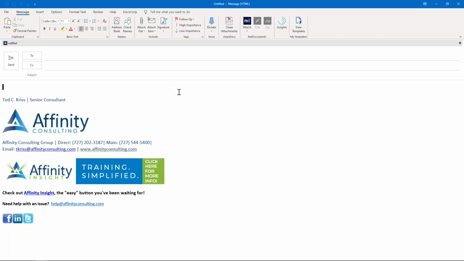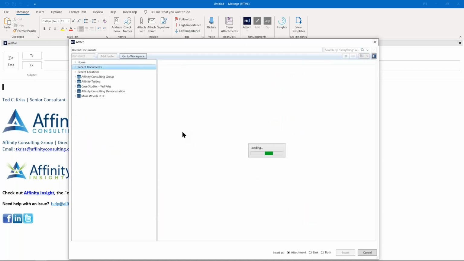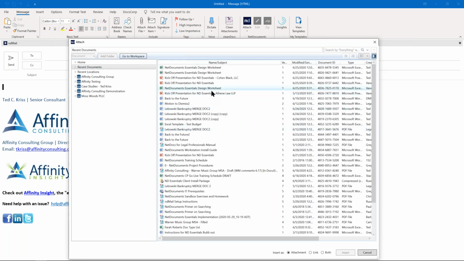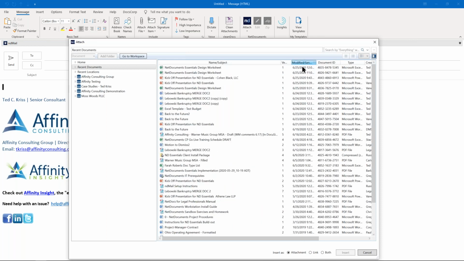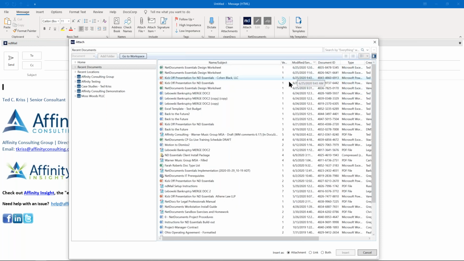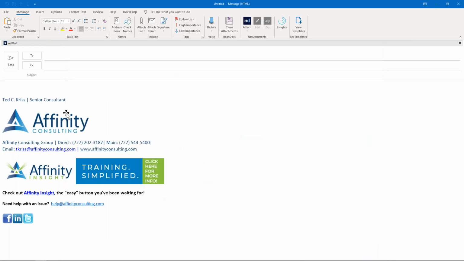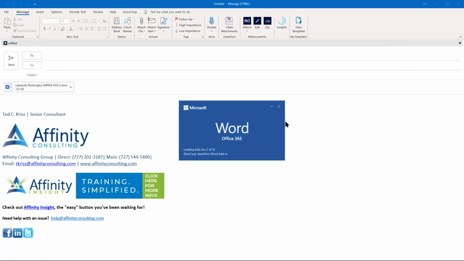What I'm going to do here as our example is attach some documents. In doing so, we're going to look inside of that document at some of those examples that I had referenced, so that we can see some examples of metadata and where they exist. Then we're also going to talk about why you would want to have a metadata scrubber and what that metadata scrubber can do for you. So I'm just going to come in here to this particular merge document, and I'm going to attach it as an attachment. Once this document is attached to my email, we're going to open it up and take a look at it.